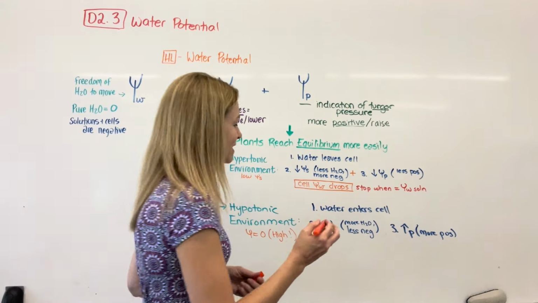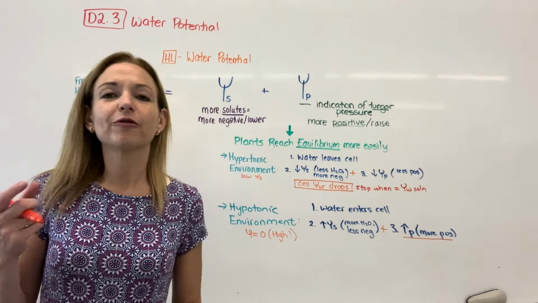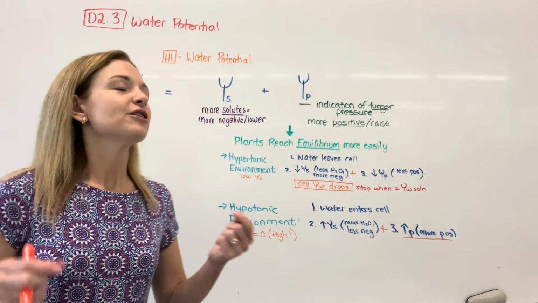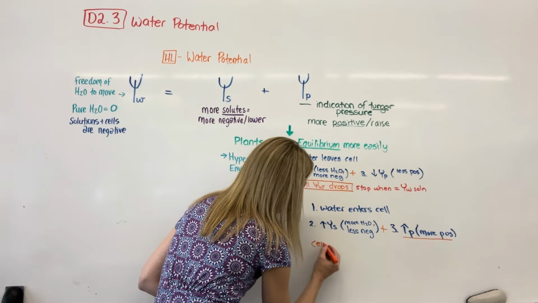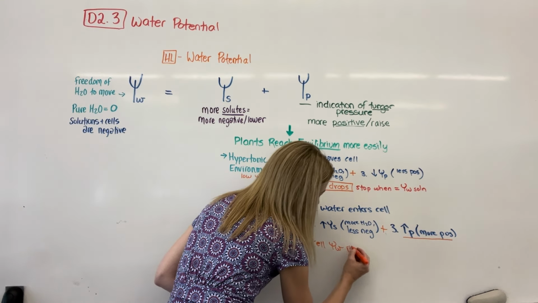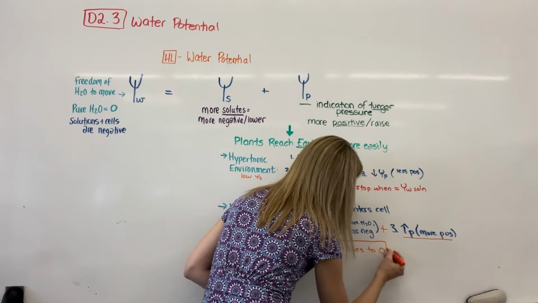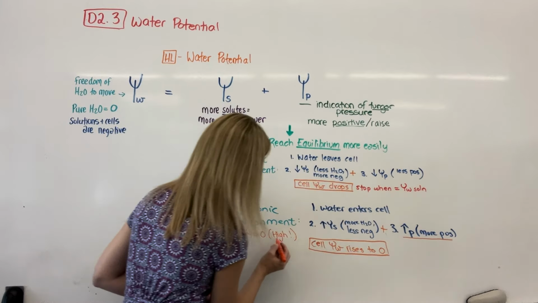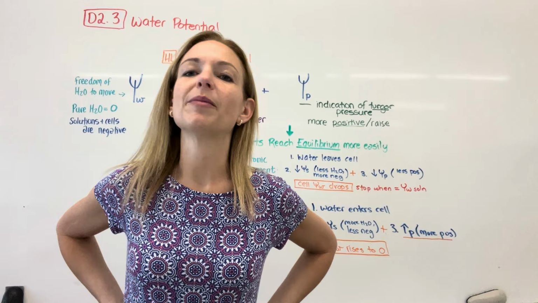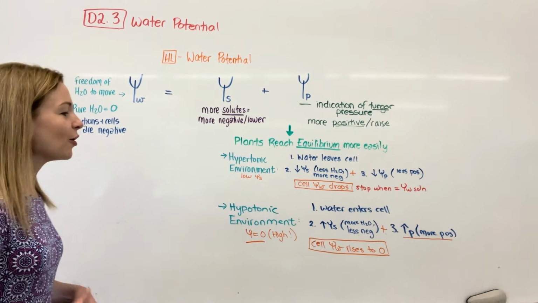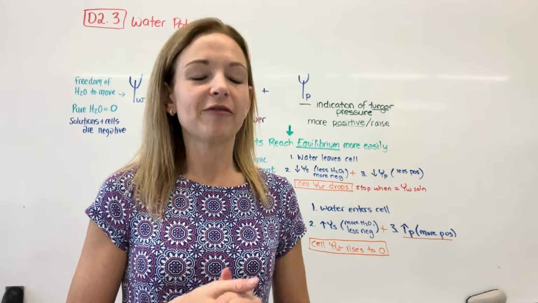But for the plant cell, because particularly of this, it is actually possible for a cell that still has solutes to end up with a water potential of 0. So the cell water potential rises to 0. So the cell can actually reach the same water potential as the environment. So plant cells could actually reach equilibrium in a pure water environment. Okay, so that's one implication, understanding that concept of equilibrium.